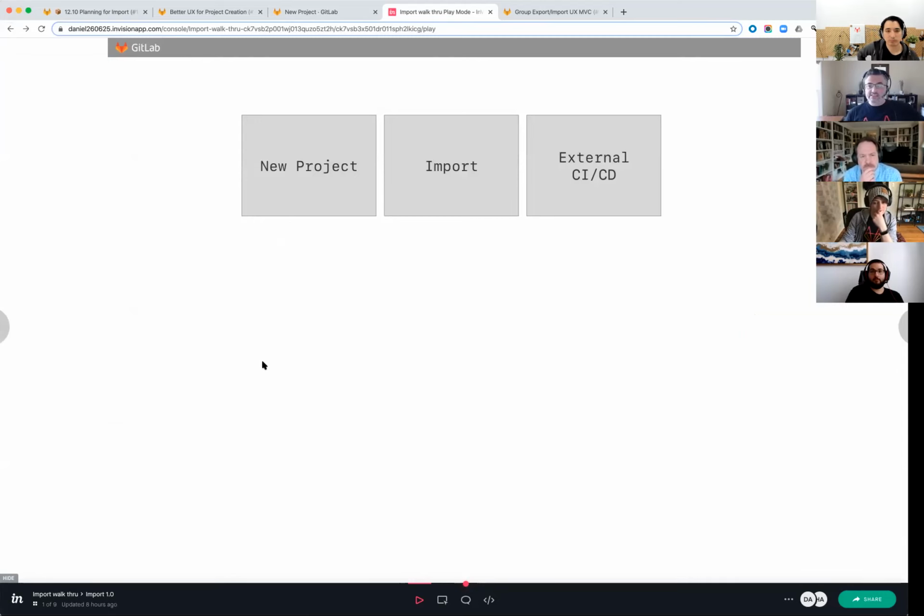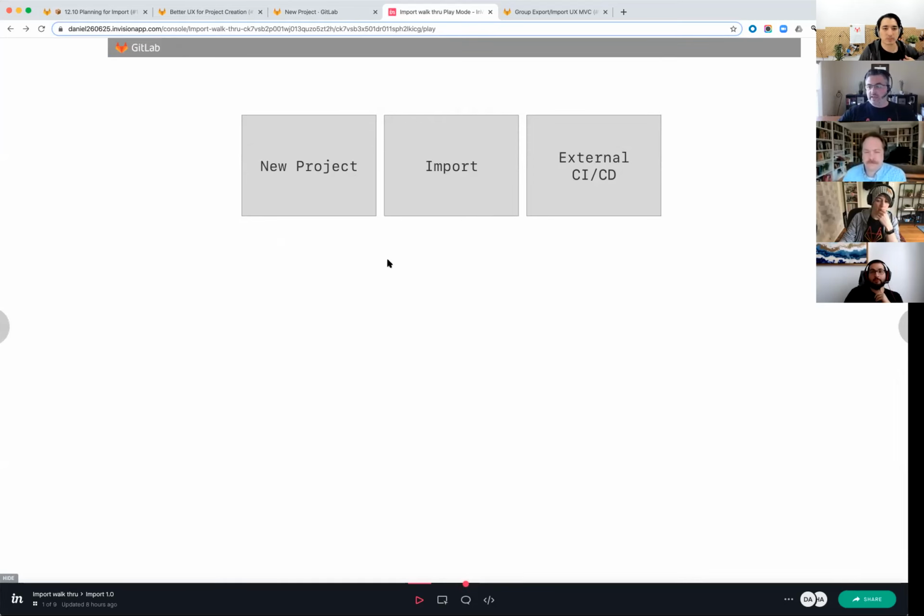But the idea is that we're going to present the user with the choices so that it's obvious to them that it's going to be either going down the path of creating a new project or going down this other path of importing. And once they make that conscious choice, we're hoping to be able to catch more people who are thinking about importing, and we're going to help them avoid going down the wrong path in the flow. So that's the change that we're thinking about doing in this release, to keep